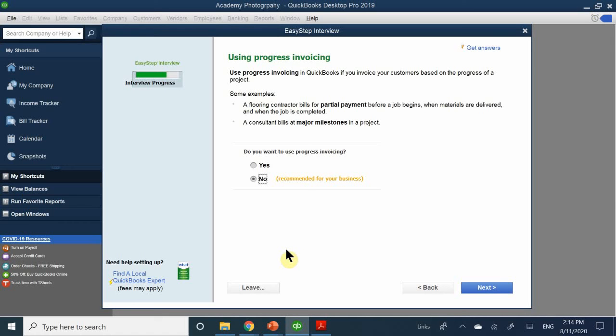As in, if this guy wanted me for a whole season to take photos for their entire show, what progress invoicing does is you can bill them multiple times for the event that happens. Instead of just putting a whole price on one entire package, you can slowly invoice it